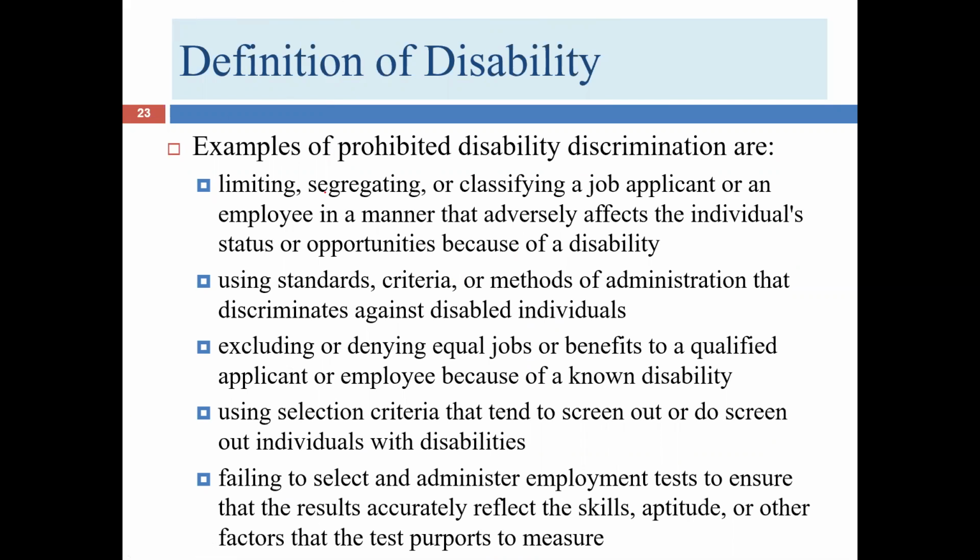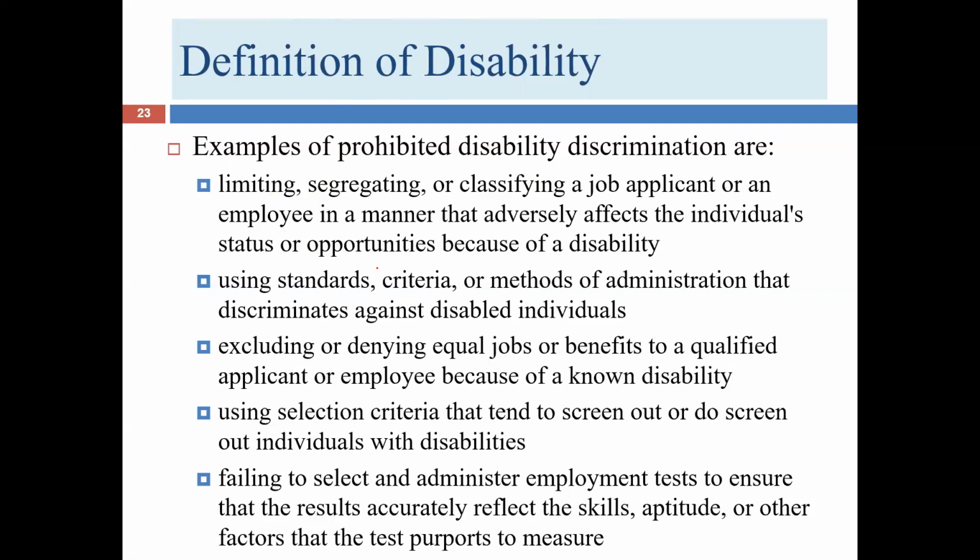Okay, so let's look at what prohibited types of things are in this category of disability discrimination. So we can't limit, segregate, or classify a job applicant or employee because of the disability. So we shouldn't segregate a worker because of a particular disability status and have them work in an isolated area in which they aren't able to be with their colleagues. Now, again, there may need to be some physical changes to the workplace, a change to how the workplace is configured, but it shouldn't be done in a way that would be isolating.